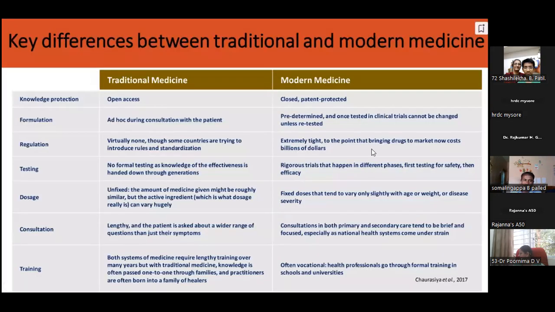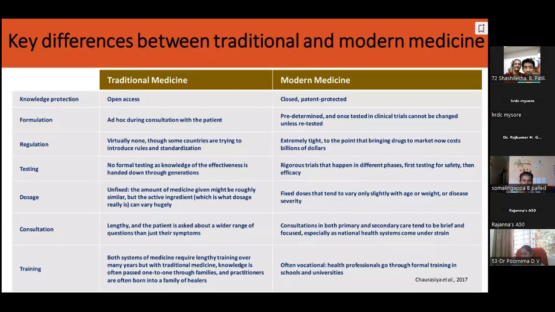And with reference to the regulations, virtually none, though some countries have tried to introduce rules and standardization. Whereas on modern medicine, it is extremely tight, and bringing drugs to the market now costs billions of dollars. And in case of traditional medicine, we have